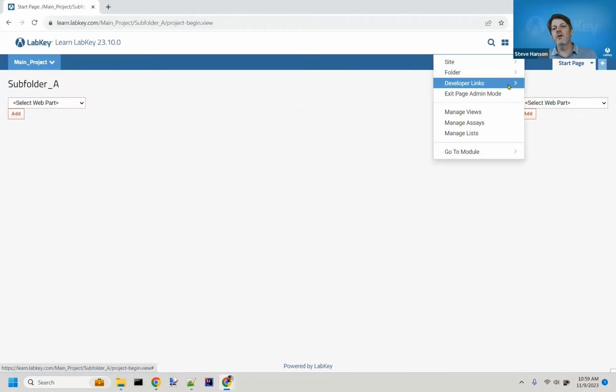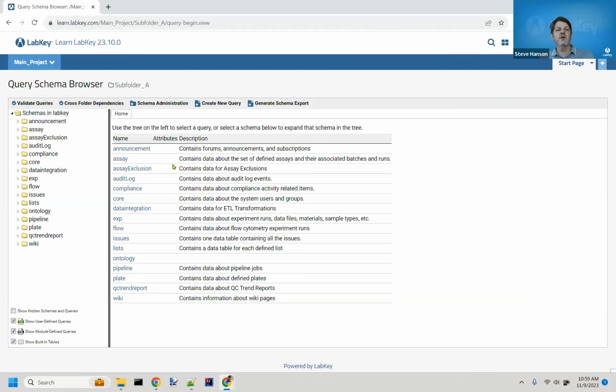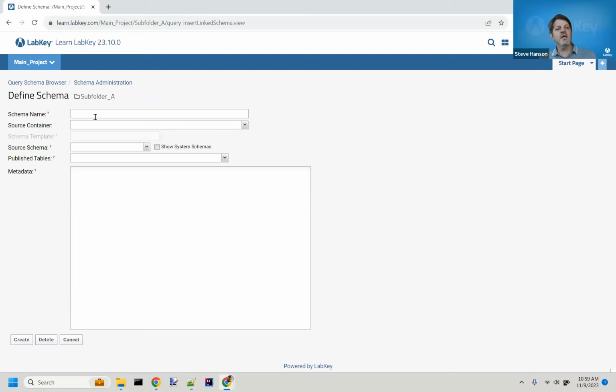I'm going to go to the query browser. I'm in subfolder A. This is where we're going to move the data to, or re-show the data in. Go to the query browser, and I'm going to go to this schema administration area. And there's a linked schema option here. I'm going to go into the linked schema thing, and I'm going to say,